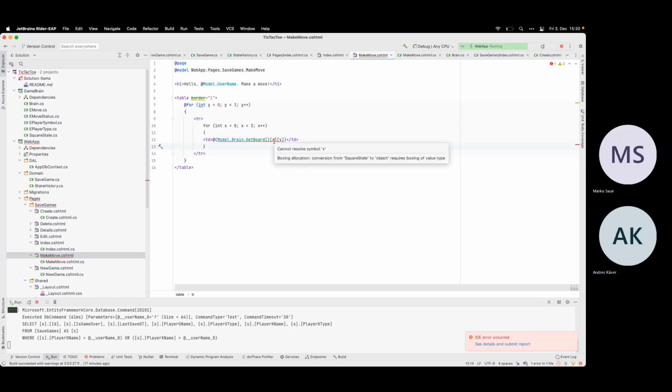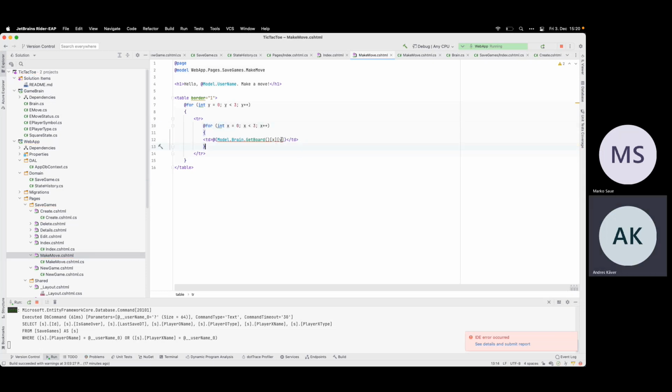What? Oh, there is an and missing here. Move. So this can be circle, cross, or empty.